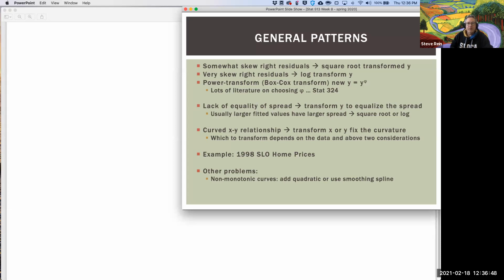Rather than modeling the relationship between X and Y, maybe in general, I could model a relationship between X and Y to some power phi. Or perhaps X to the power lambda and Y to the power phi. In general, if you think that,